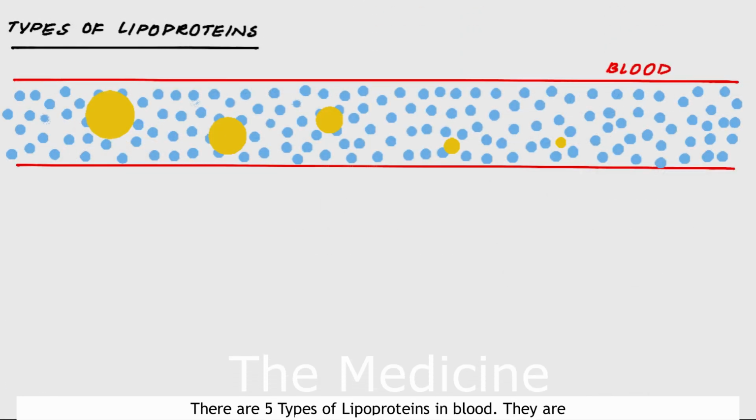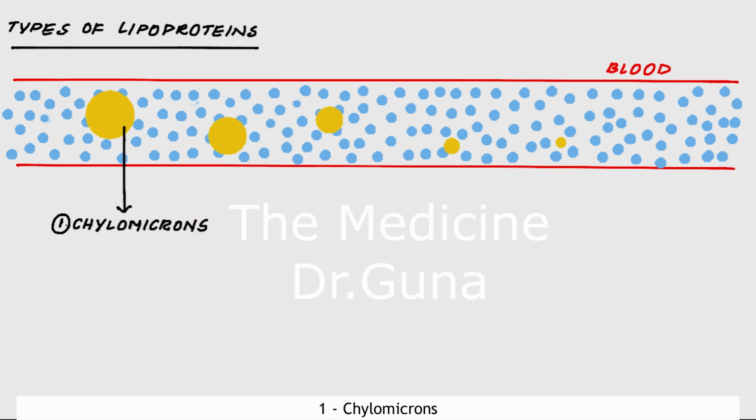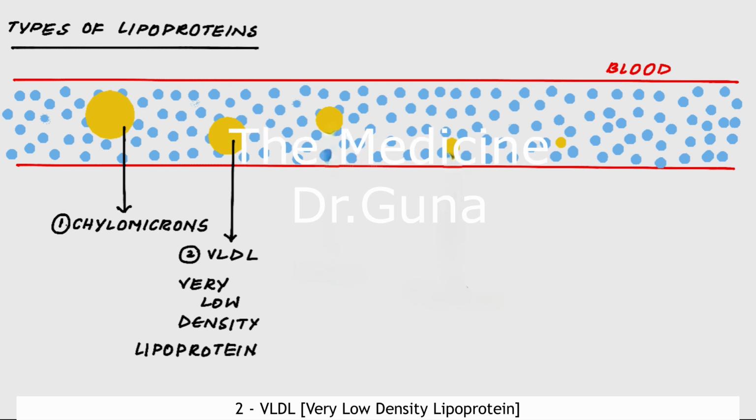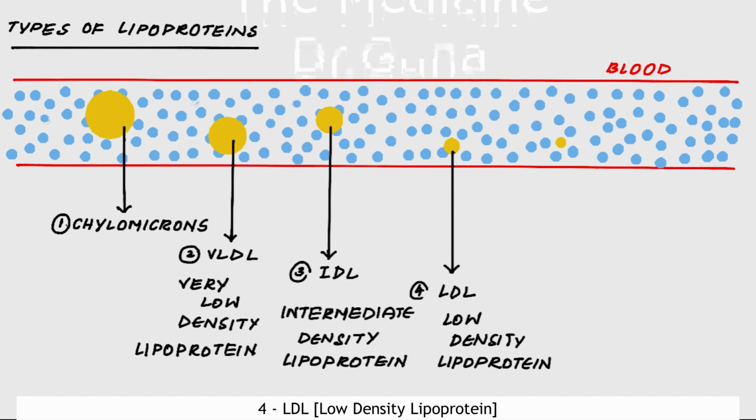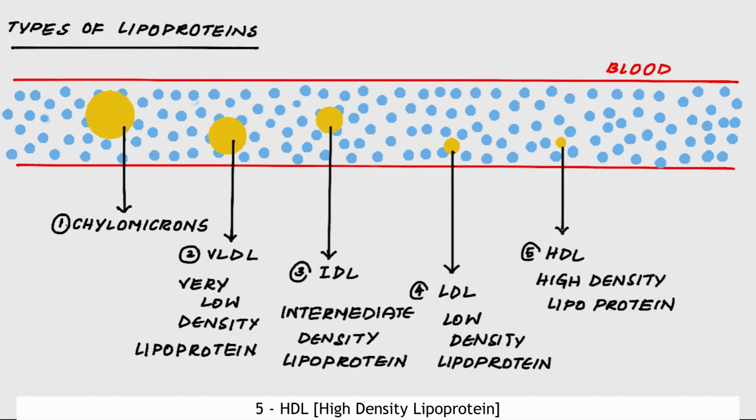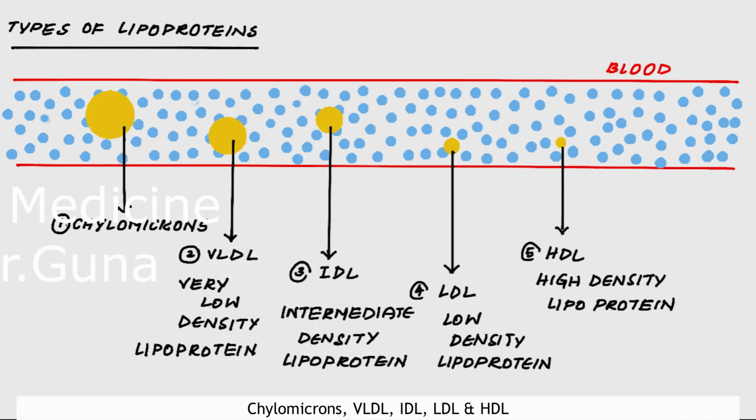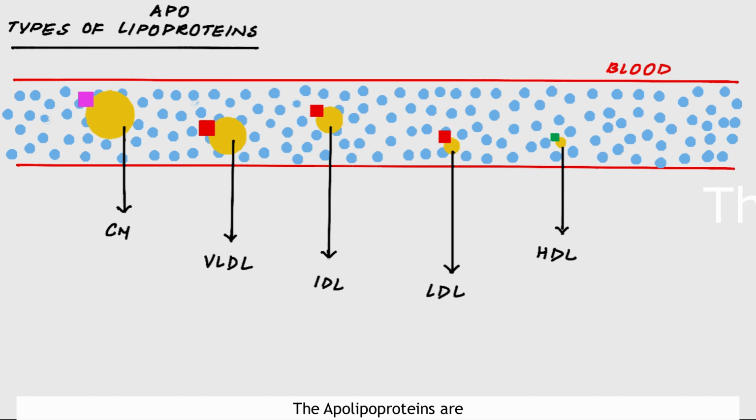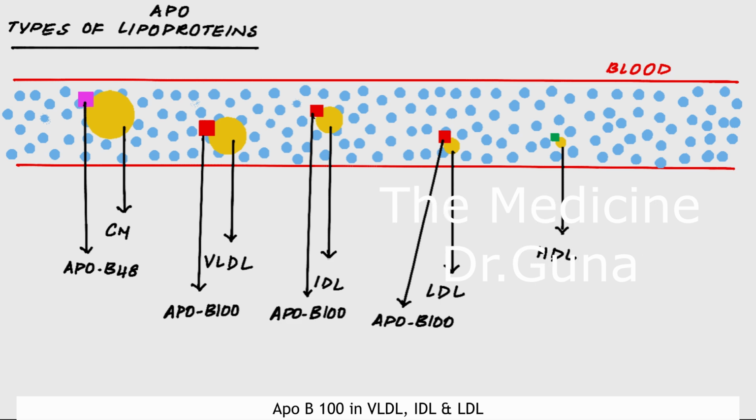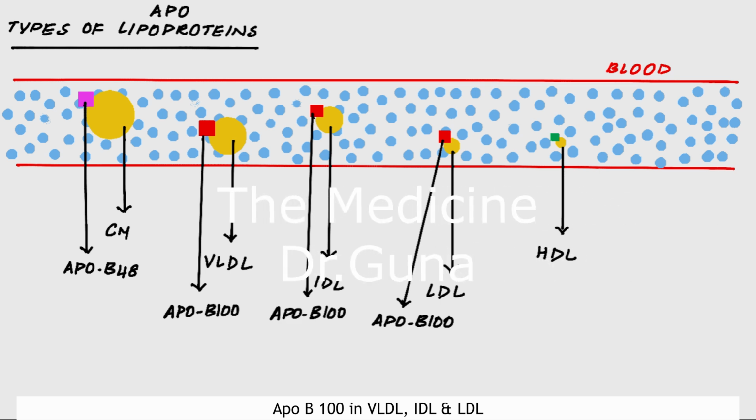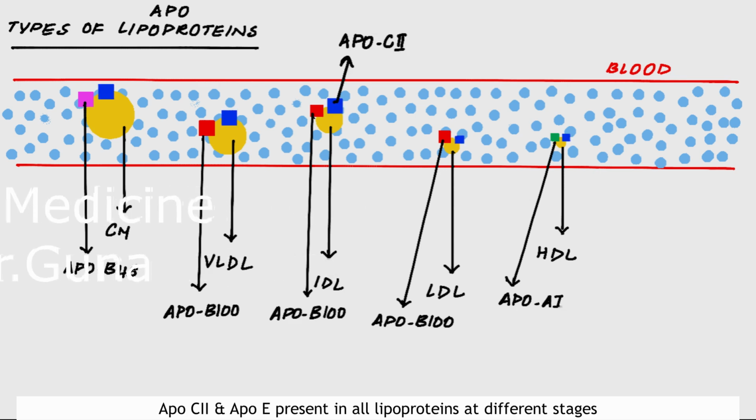There are 5 types of lipoproteins in blood. They are chylomicrons, very low density lipoproteins, intermediate density lipoproteins, low density lipoproteins, and high density lipoproteins: chylomicrons, VLDL, IDL, LDL, and HDL. The apoproteins are ApoB48 in chylomicrons, ApoB100 in VLDL, IDL, and LDL, ApoA1 in HDL, ApoC2 and ApoE in all